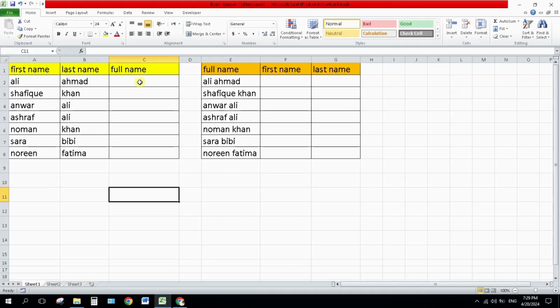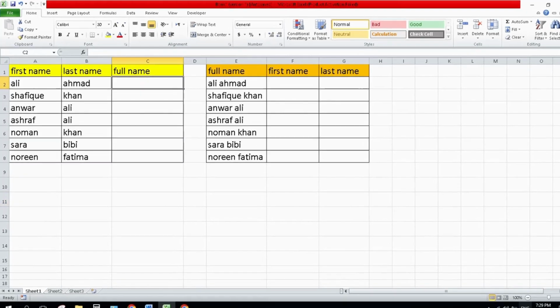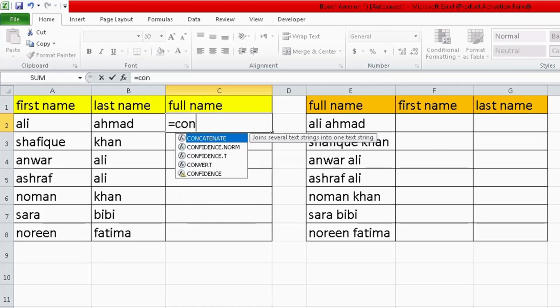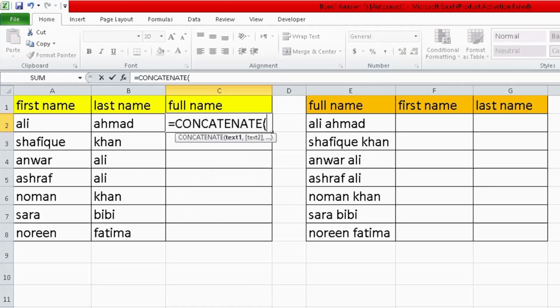Enter this formula in the cell where you want to combine the data. Click here and type equals CONCATENATE, then select the first name, type a comma, two double quotation marks, a comma, select the last name, and close the bracket, and then